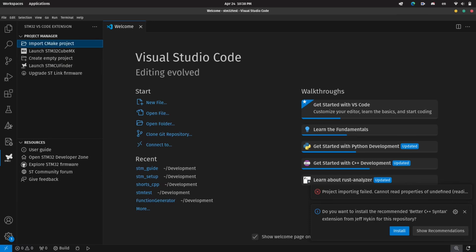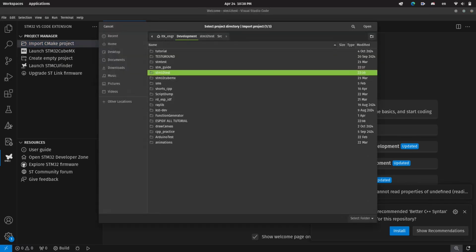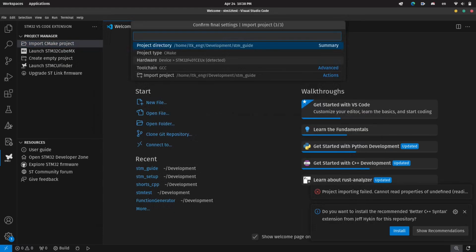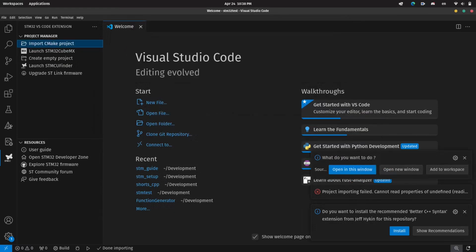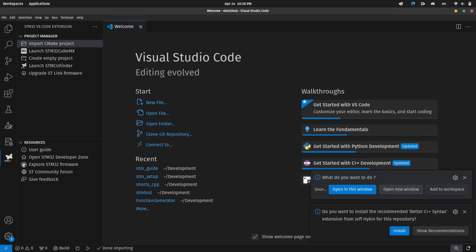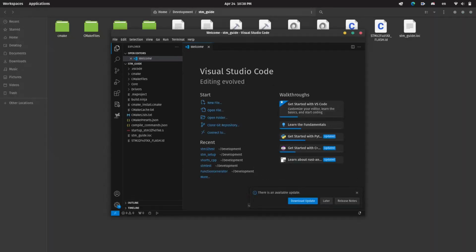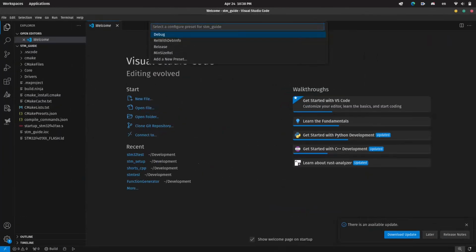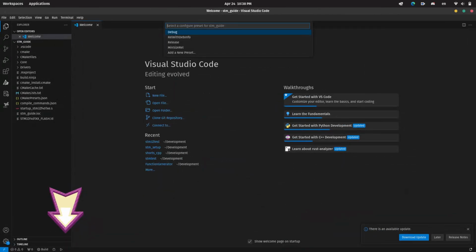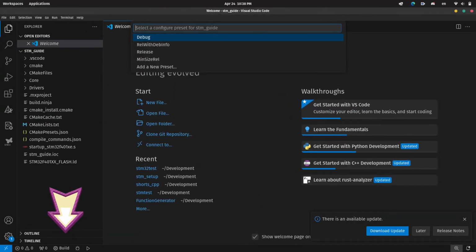Now you click on Import CMake and then select the project you created. There should be buttons for compiling, flashing, and debugging at the bottom left of the screen if you do everything